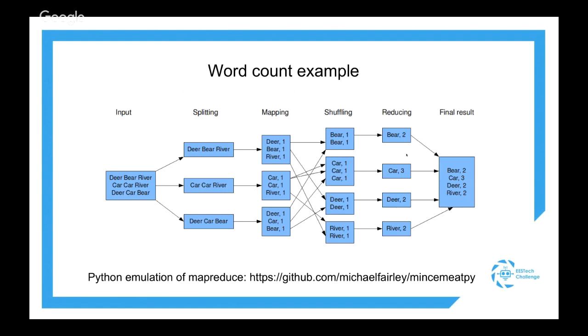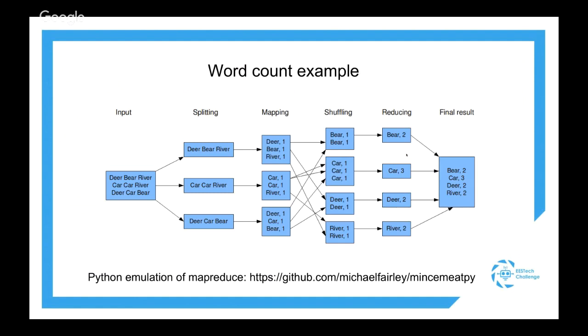Deer is the key, and the value is 1, because it was one occurrence. Then the word bear creates another key value pair. The key is bear and the value is 1 occurrence for the word bear, and so on. Then at the end, once the